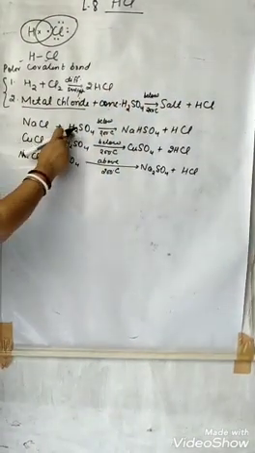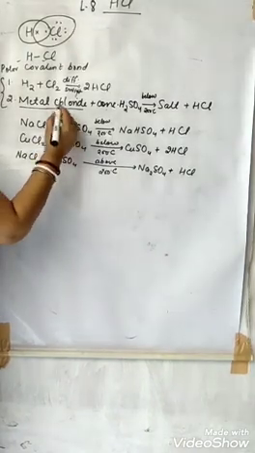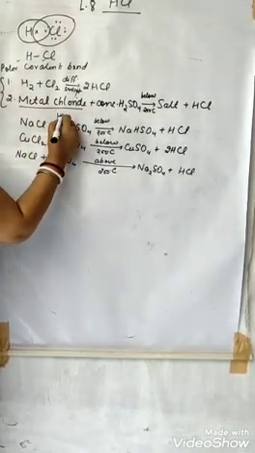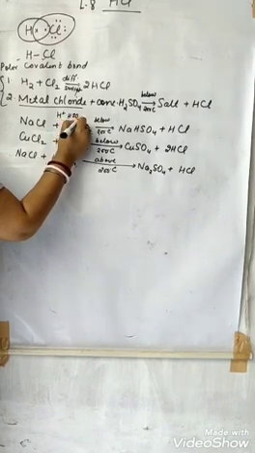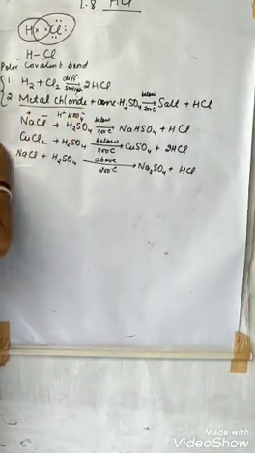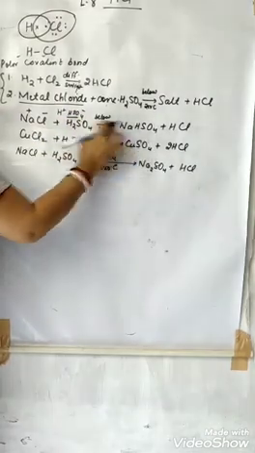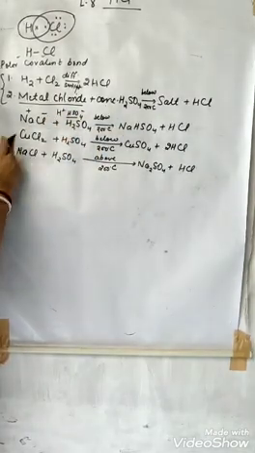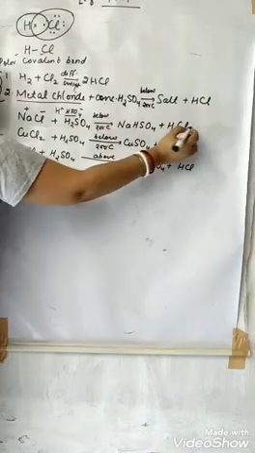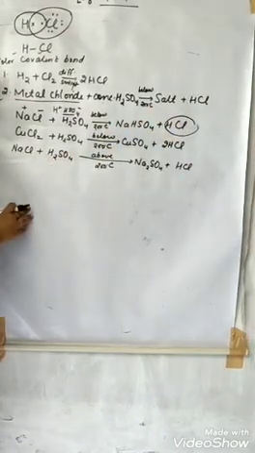See how NaCl is going to react with H2SO4. Below 200 it will break down into H plus and HSO4 minus, Na plus and Cl minus. Na is going to react with HSO4, forming NaHSO4. H is going to react with Cl, forming HCl. Our purpose is to form HCl, and that has been made.